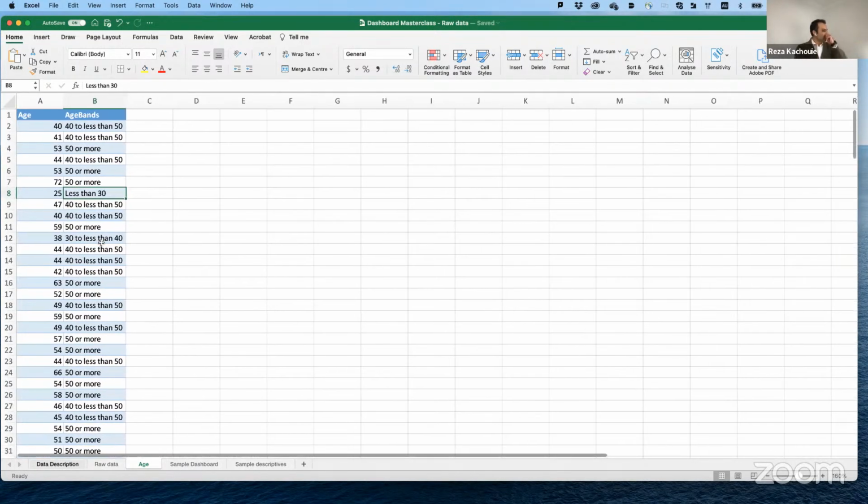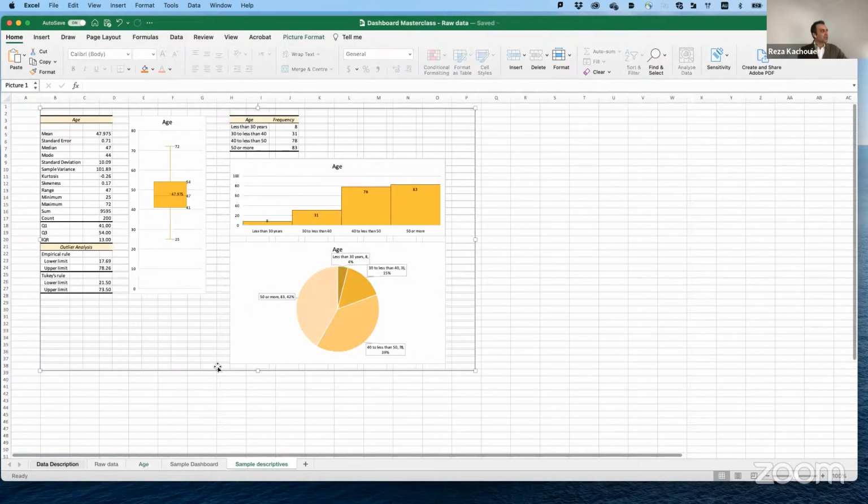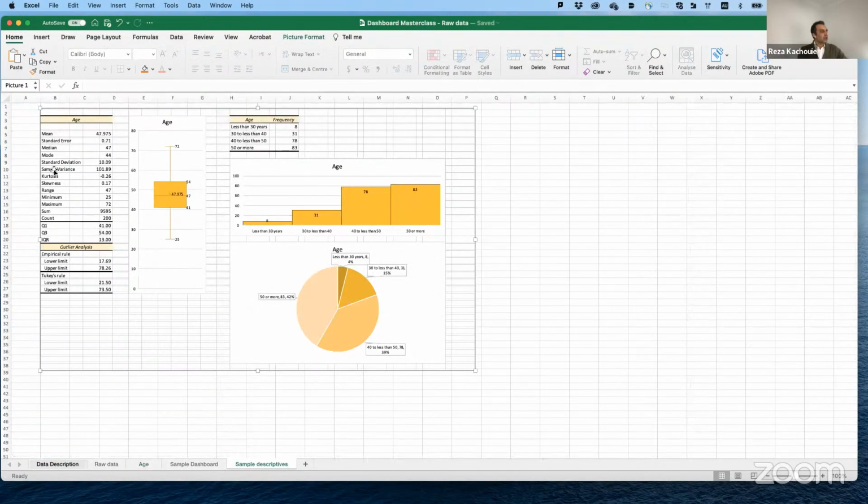Now you have this data. So we want to have a bit of description of the data. We want to create something like this. So we want to have all the descriptives. We want to have a few data visualizations to know what's going on with our data.